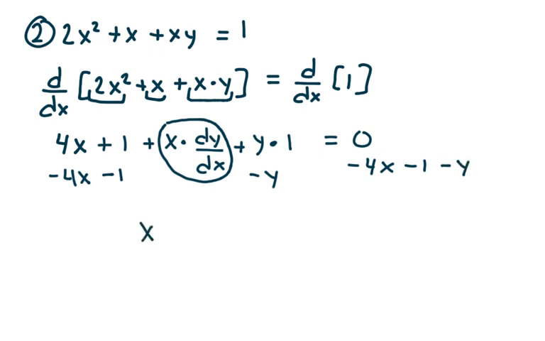And I get x times dy/dx on the left side, and on the right side, I get negative 4x minus 1 minus y. So I can get dy/dx by itself by dividing both sides by x. And when that happens, I get dy/dx is equal to negative 4x minus 1 minus y,